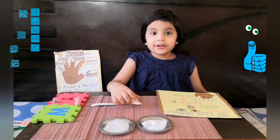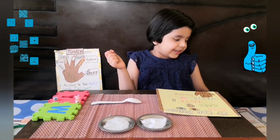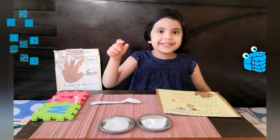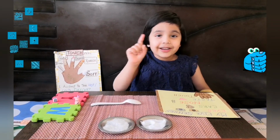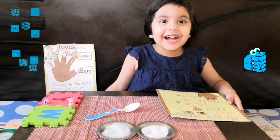So this is not the only way we can find things. Not only salt and sugar, we can find other things also. Not only salt and sugar, right? We can find other